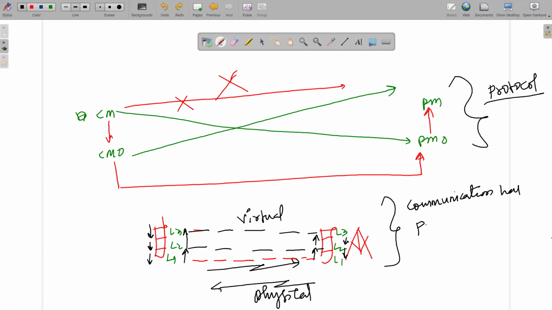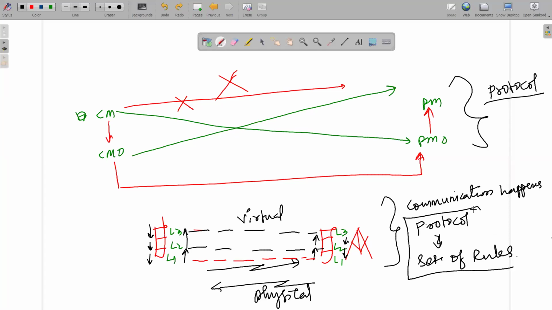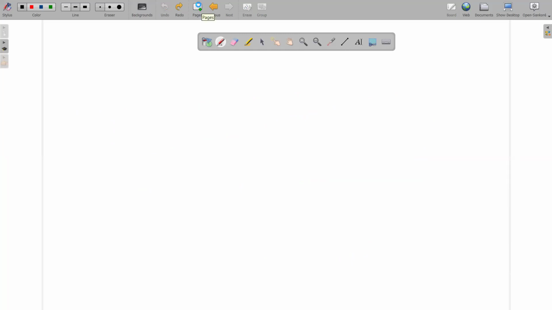Communication happens through a protocol. That is, a protocol is nothing but a set of rules. Got my point? Set of rules. Got my point? So when it comes to developing a mobile or network,